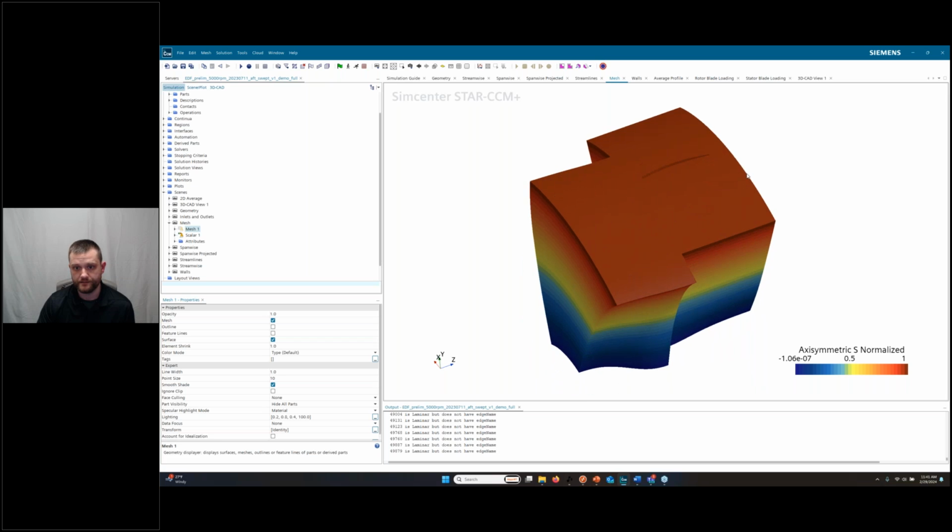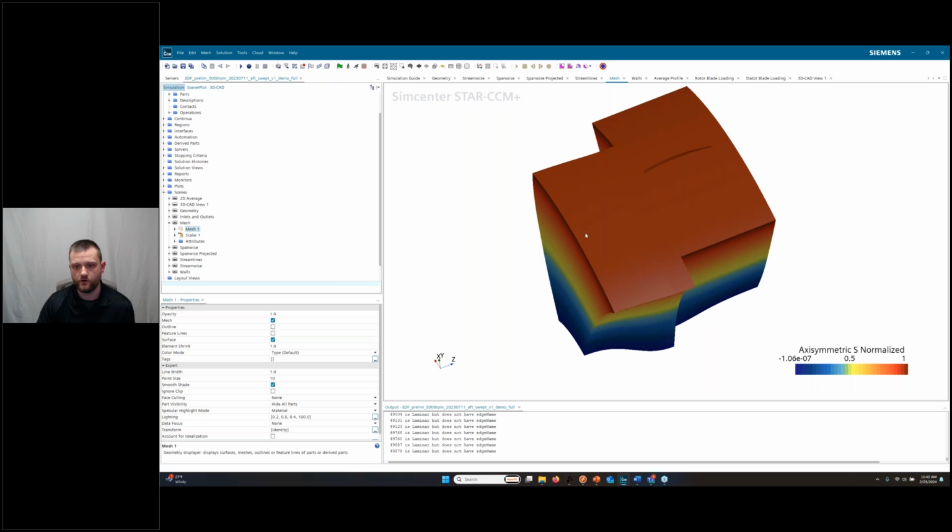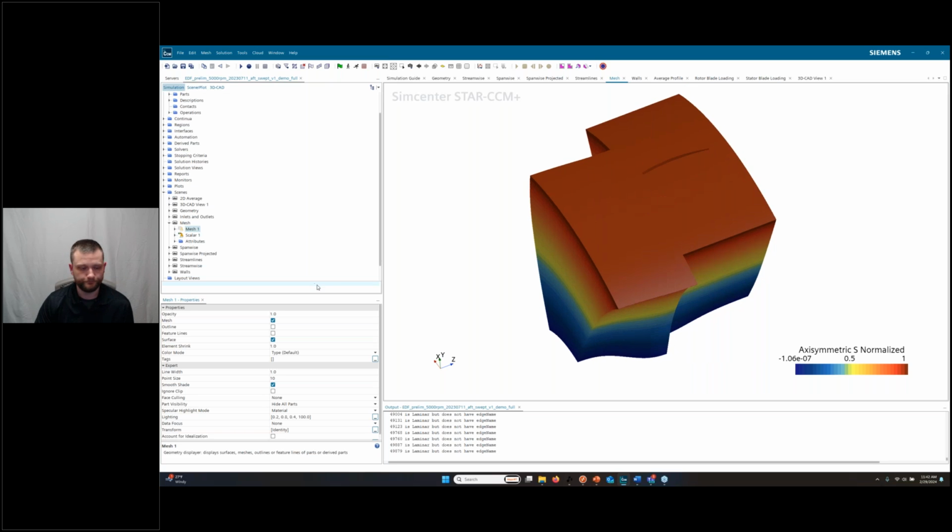Likewise for every stage that you have: the outlet of the rotor is at a value of 1, the outlet of the stator is at a value of 2, and the inlet is at a value of 0. So this comes in really handy when it comes to doing our post-processing.